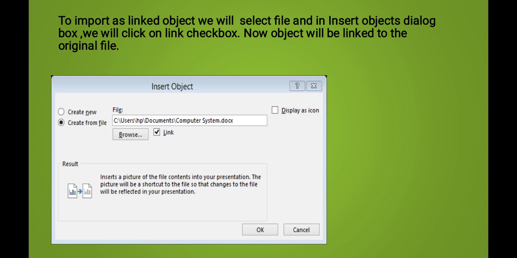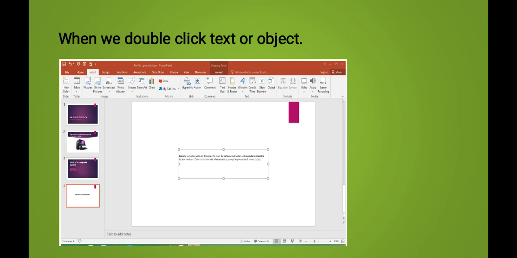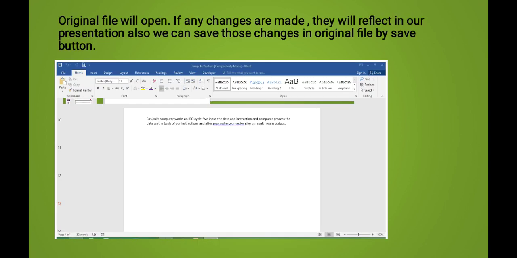Now we will understand how we import an object as a linked object. To import an object as a linked object, after selecting the file in the Insert Object dialog box, we click on the Link checkbox, and now the object will be linked to the original file. Both will be connected, and we click on the OK button. We will see the text inserted as a linked object, and now we double click the text or object.